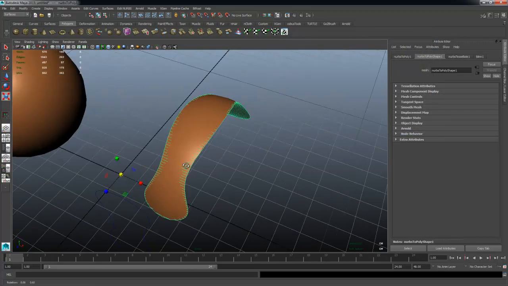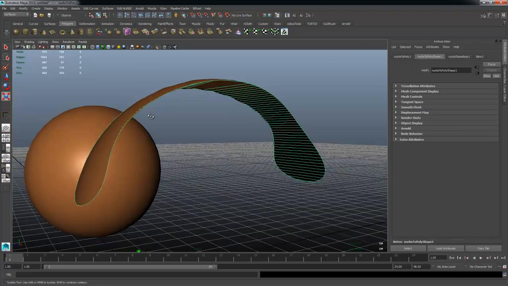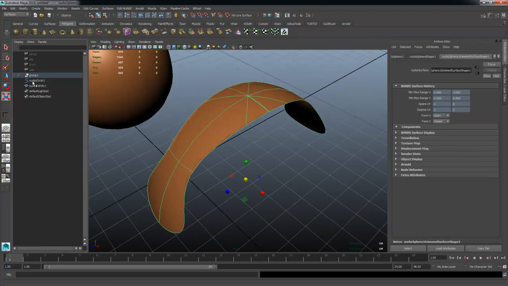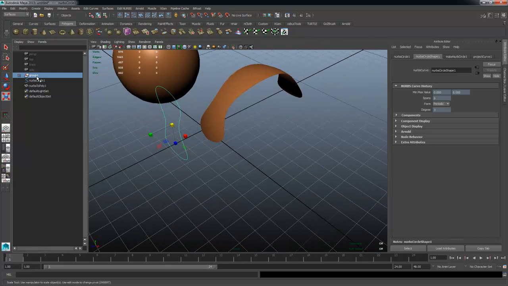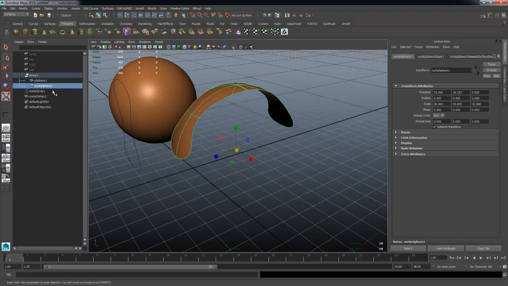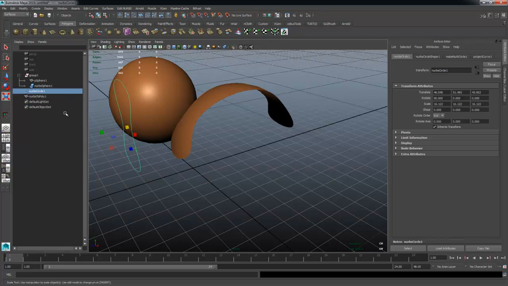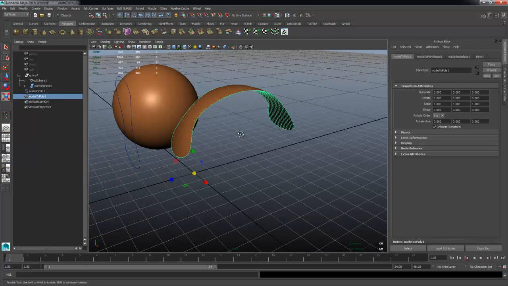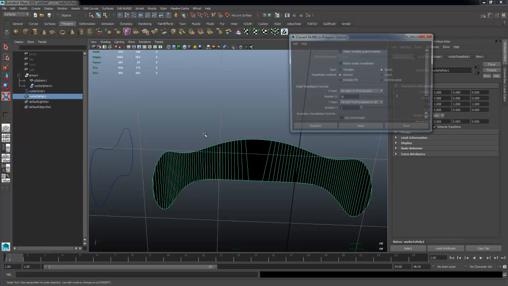So this is the result of a NURBS surface converted into a polygon surface, and you'll see they're lying right on top of each other. Now if I were to go into the group or into the outliner, you'll see there's a NURBS surface circle here, which is the original projection curve, and then if I open up the group, there's my NURBS surface, my original NURBS sphere, and then the final NURBS to poly 1 is the result of the trimmed NURBS sphere, and that has the same settings as what I've ended up with the modify, convert, NURBS to polys, final